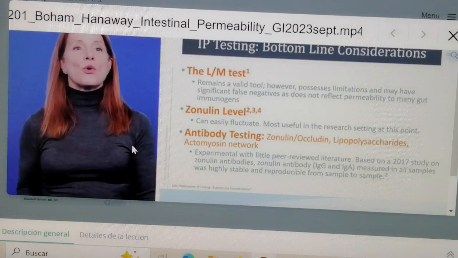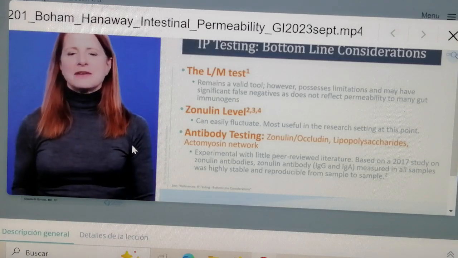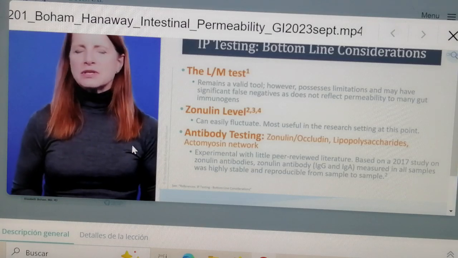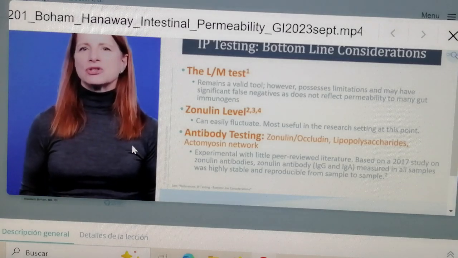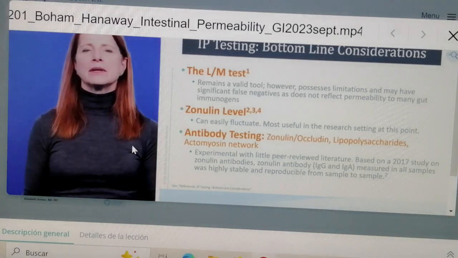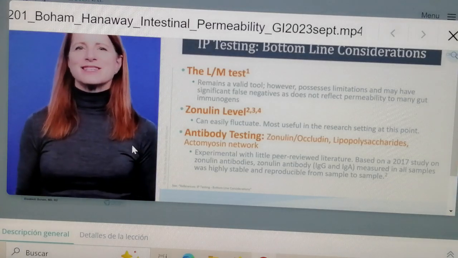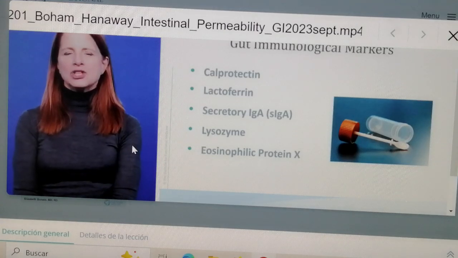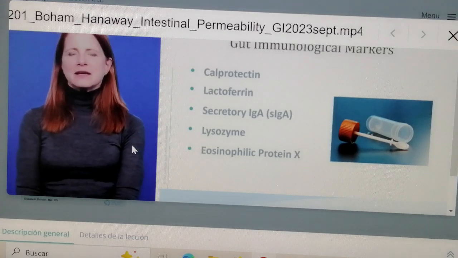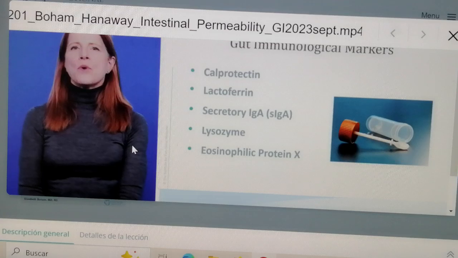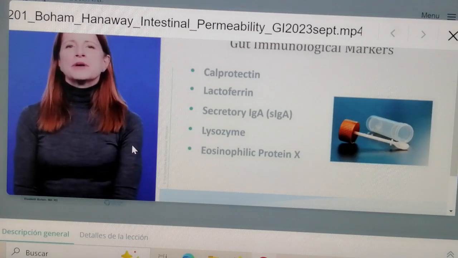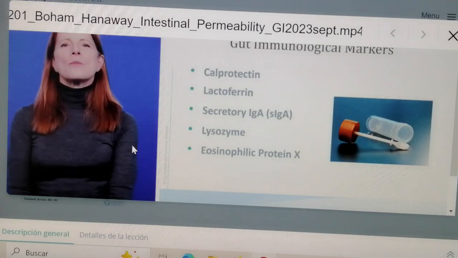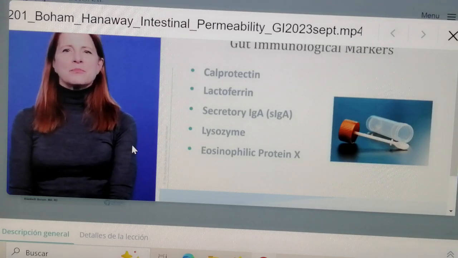So we do need more research on this, definitely, but it can be very helpful if you choose to test or choose to track how your patients are doing or their level of intestinal permeability. And I'm going to show you more examples of this in the future. If you have listened to the pre-course webinar on GI testing that Dr. Messier did, a lot of this was reviewed. So I'm going to go through this area pretty quickly. And if you want to delve into it more, go back to that lecture in the pre-course webinar